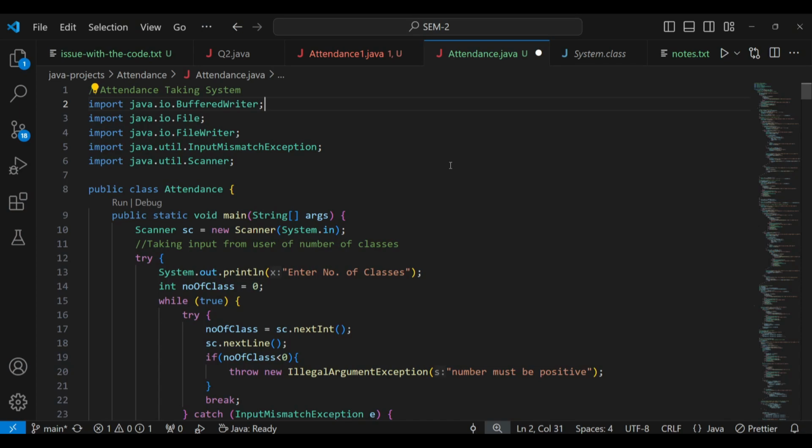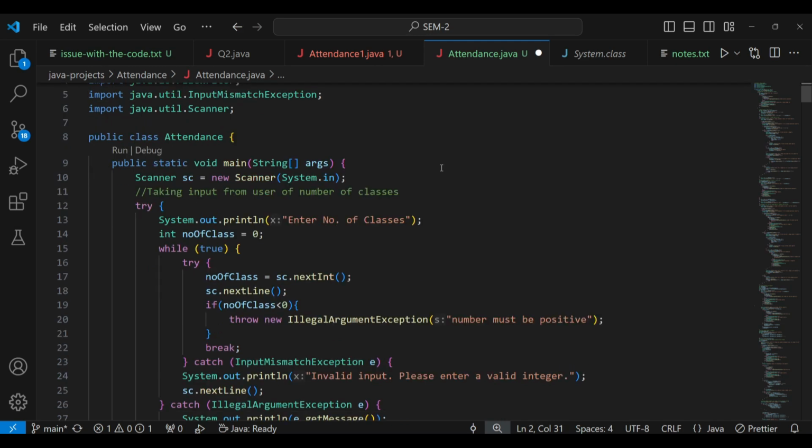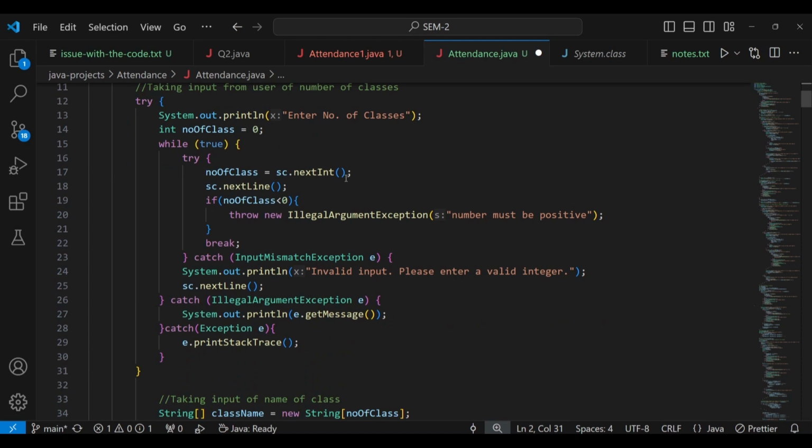I have created an attendance taking system fully made in Java, and here's the code of that system. First of all, we are taking input from the user of the number of classes, and wherever I used nextInt,